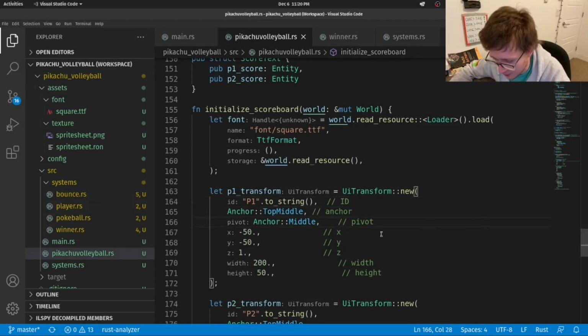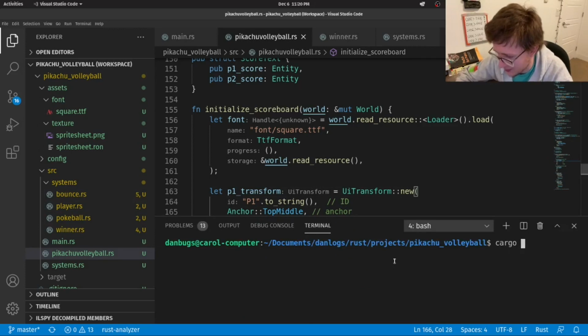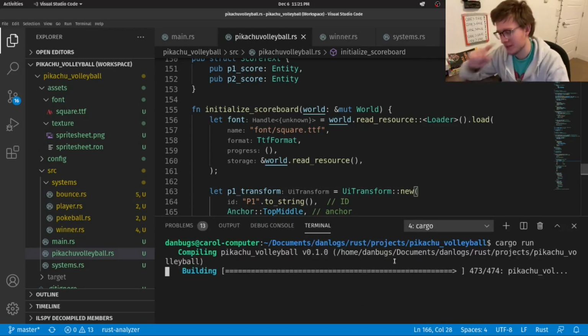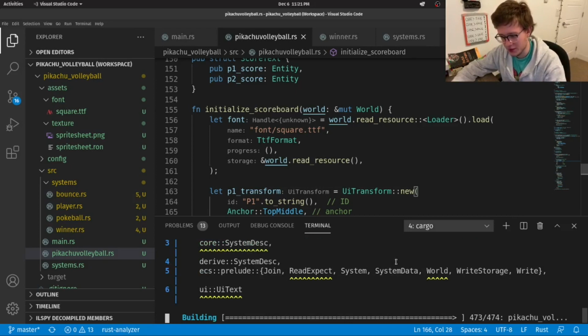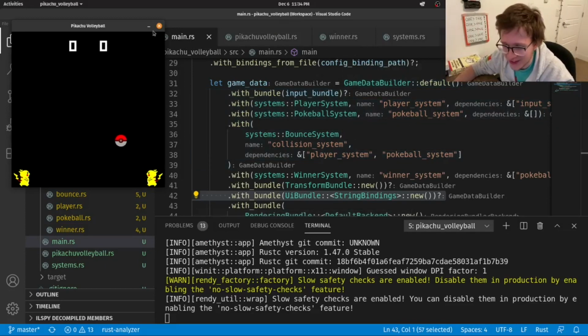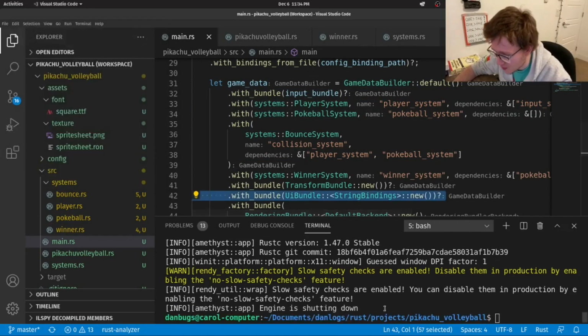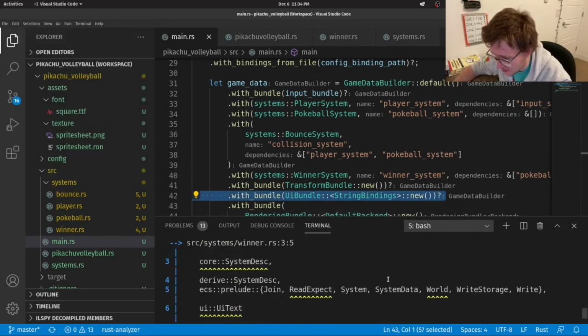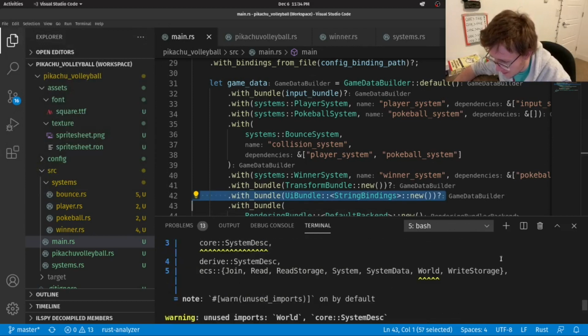Yeah, let's just cargo run. Cargo running this. No errors. I'll be right back. All right, and we are back. But unfortunately, you're seeing it run because I fixed the error, but there was an error. So let's just close this, and I want to take us back to where the error showed up.